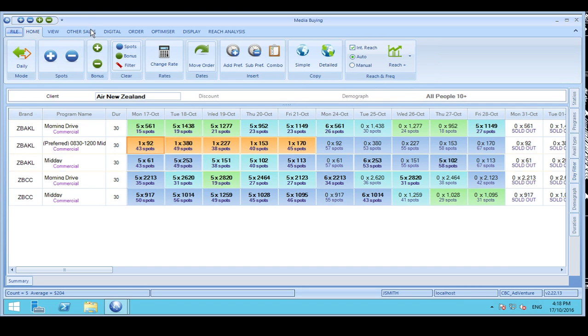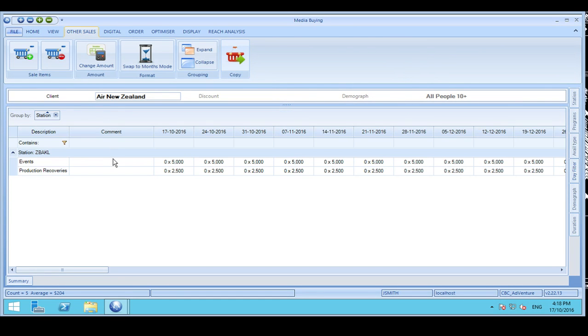Now, in addition to that, of course, even though we're talking about spot buying, we understand that there are often times where you need to also sell what we would call a non-spot item. And these tend to be things like events or production recoveries. So if we had an event of, say, an outside broadcast, then we would just type in outside broadcast van here, and we would go through onto our buying cell, and we'd simply select one of those to be purchased